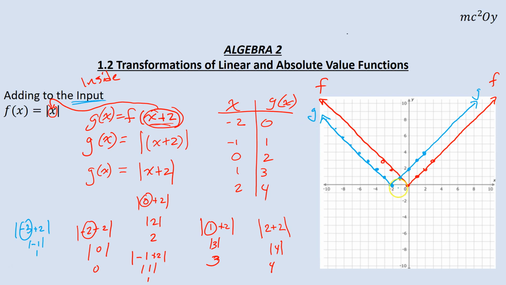And you see that my graph has actually moved: this point moved to there, this point moved to there. My graph has moved horizontally. You even see that on this side over here. It's been a horizontal translation left